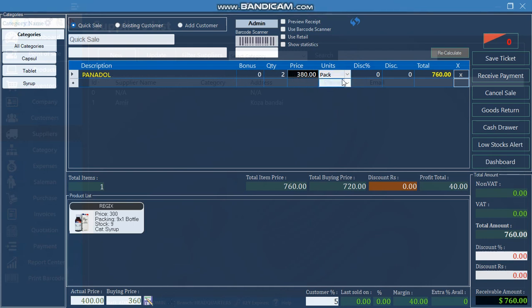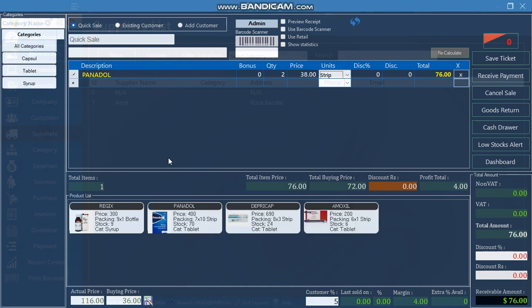This Panadol comes in a packing, so you can select either the whole packing or the strip. So you can sell the whole packing or the strip. If you select the strip, it will calculate the price. So the strip price is 38. So 2 by 38 is 76. So you can sell some selling, and you can also,